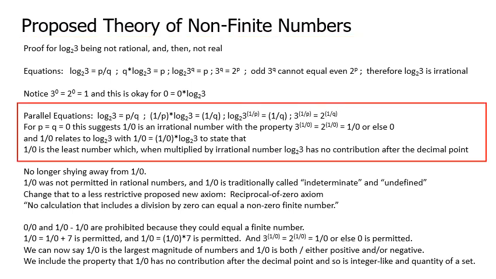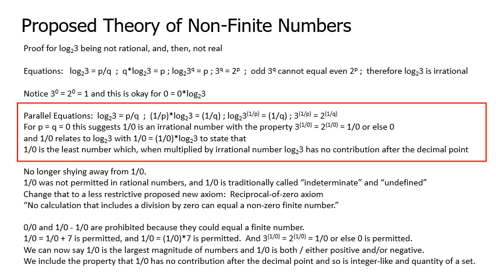But if we venture to let p and q equal 0, then in the parallel equation development, we are forced to accept p and q both equal to the division reciprocal of 0. We have a rule in the definition of rational numbers that division by 0 is prohibited, and therefore a division reciprocal of 0 is an irrational number. The two irrational numbers, division reciprocal of 0 and log to base 2 of 3,